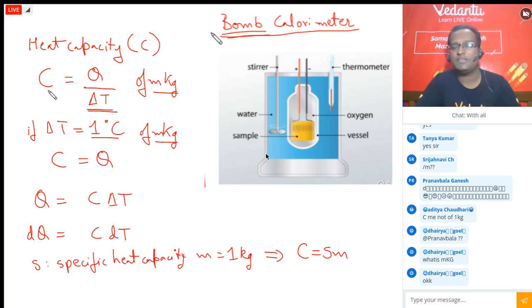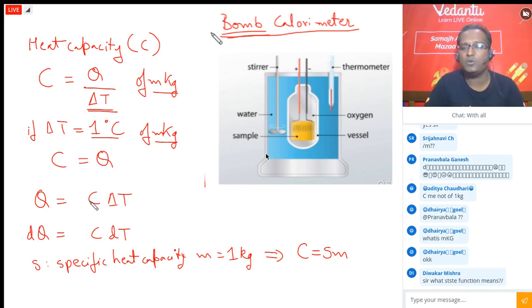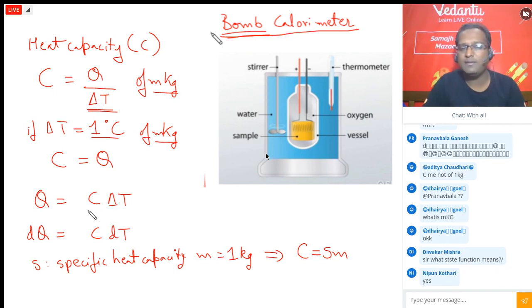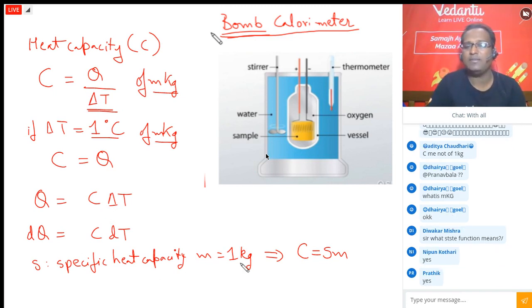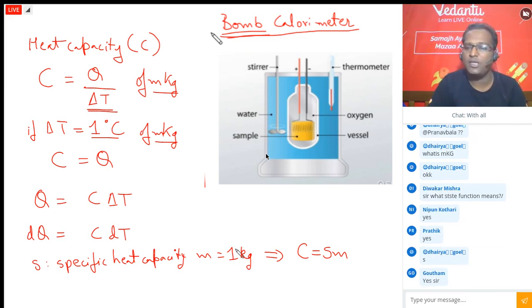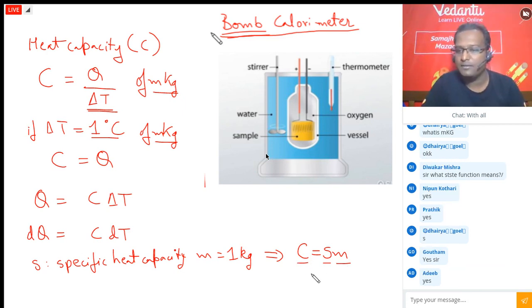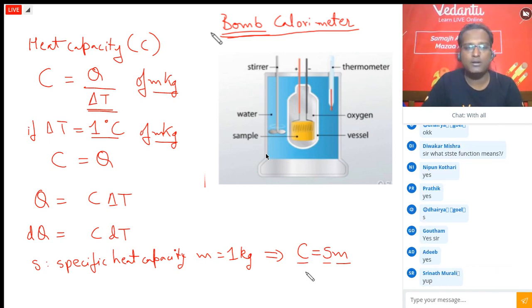So heat capacity is actually defined as the heat required to raise the temperature of a given mass of a substance by delta T. Specific heat, so therefore you will just get Q equal to C delta T, right? Is it now making sense? Specific heat capacity would be heat capacity of 1 kg substance only. So I multiply specific heat capacity by mass to get total heat capacity. Is this much understood?